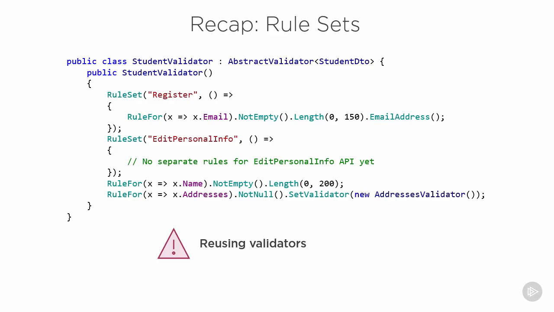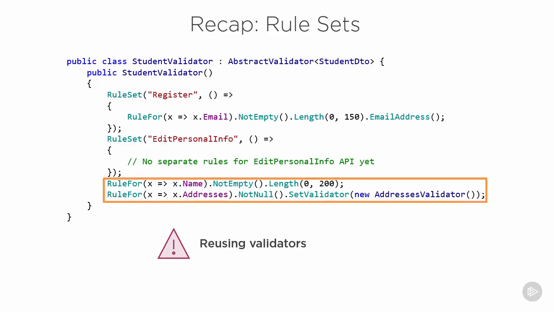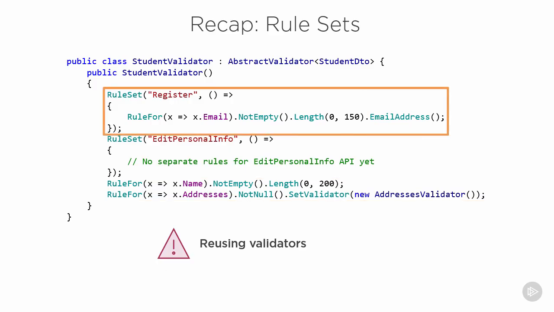For example, in our sample project, we don't modify the student email after we register that student, and so the email validation should only be included in the registration API endpoint, but not in the edit personal info API. Therefore, we can leave the rules for name and address without a rule set, and extract the rule for email in a separate rule set. We then invoke the default rule set in both API endpoints, but only include the email rule set in the